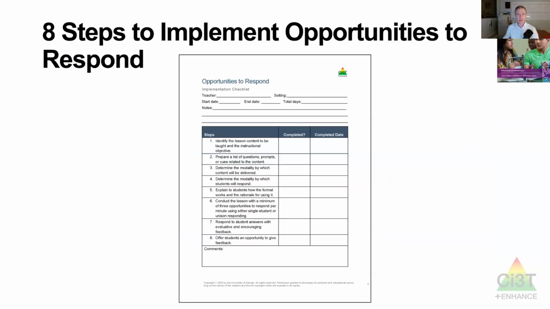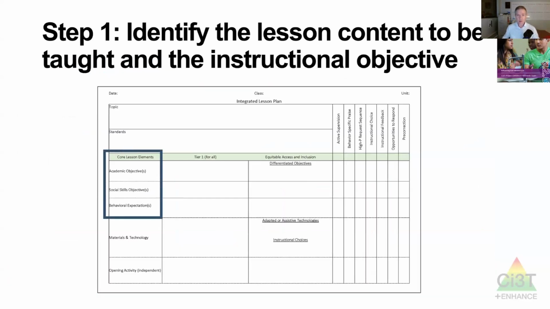Let's take a closer look at those 8 steps. It's in a single sheet here that you can download and check off as you go through them. The first one is just to identify common sense, right? When am I going to use opportunities to respond? Now, I want to point out, as you're reading all these materials with this module, it's really geared toward targeting a short period of time, maybe a 10-minute block or a 15-minute block, where you're going to review information that's been previously taught and learned by your students. And therefore, you're able to do a fast-paced delivery, that 3 OTR per minute ideally, to review that information because